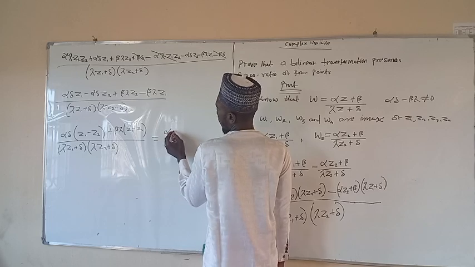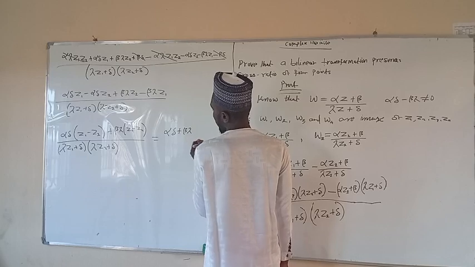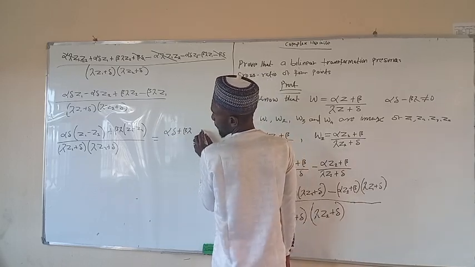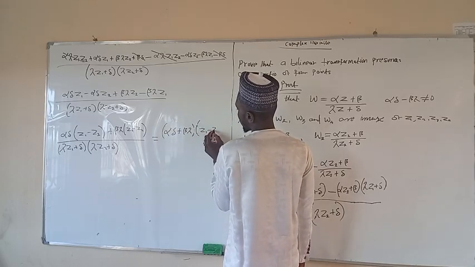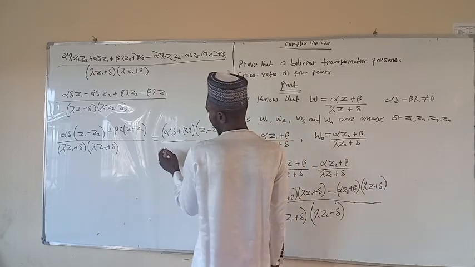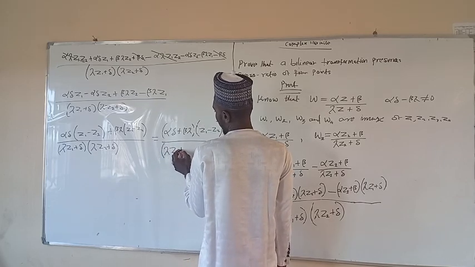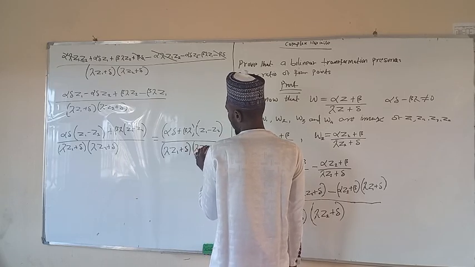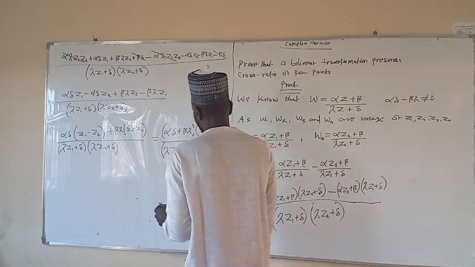Here we have alpha delta plus beta lambda into z1 minus z2, all over open bracket lambda z1 plus delta into lambda z2 plus delta close bracket, and this one I can write it as